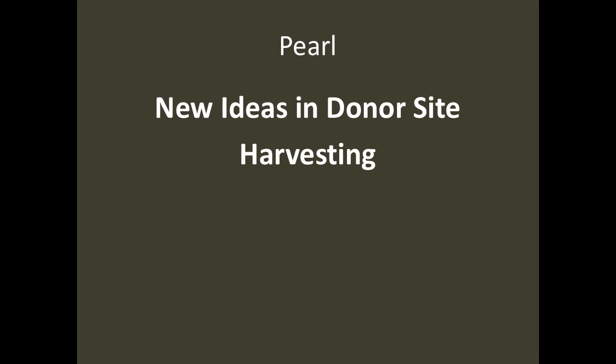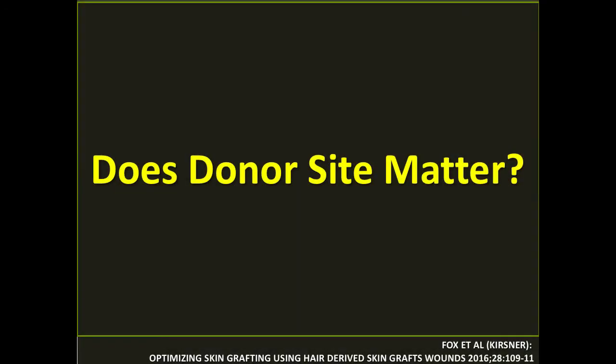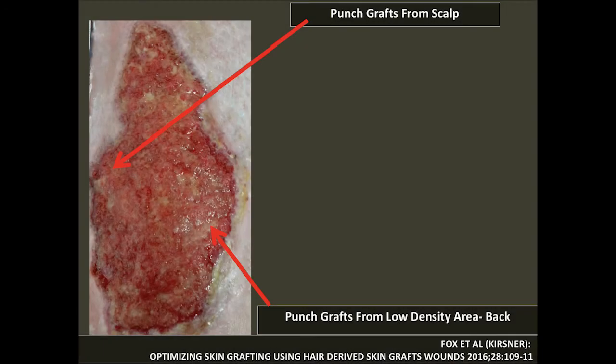Just before I move away from donor sites and skin grafting, I do want to talk about whether donor sites matter, the site of where you take the skin matters. And this is a patient with a non-healing wound. And what we did is we took punch grafts from different parts of the patient's body. One area we took them from the scalp that had hair follicles, and then we took it from the back that didn't really have hair follicles, and we treated one part with the grafts from hair follicles. We left a control in the middle, and the other side we treated with